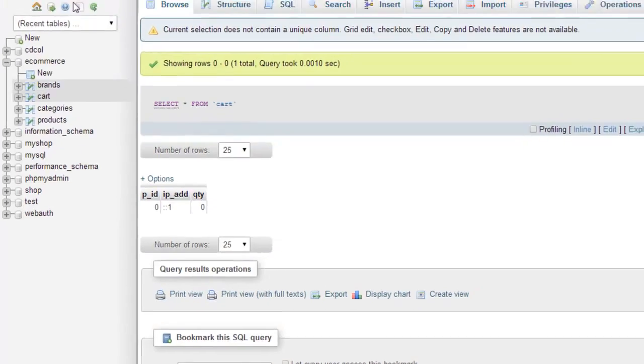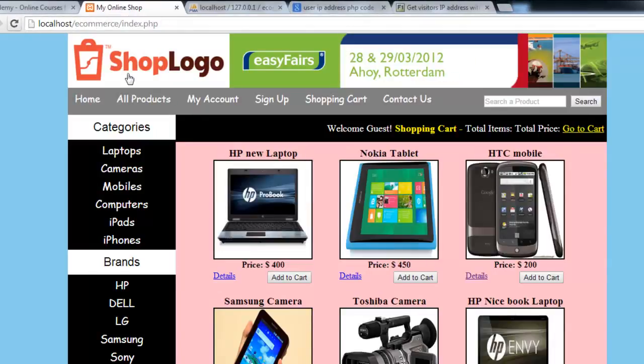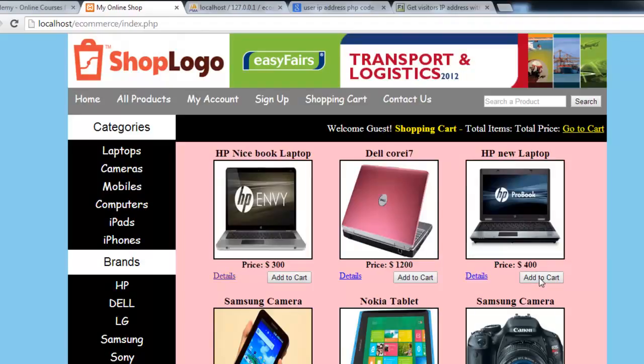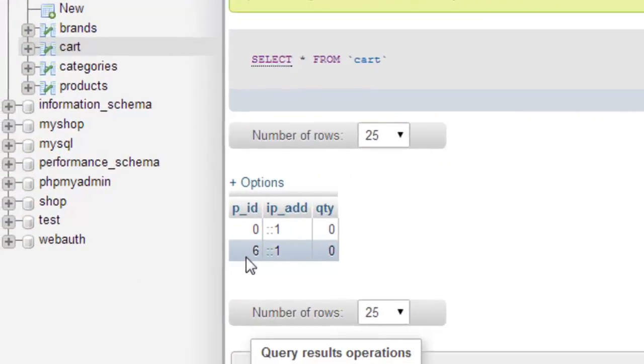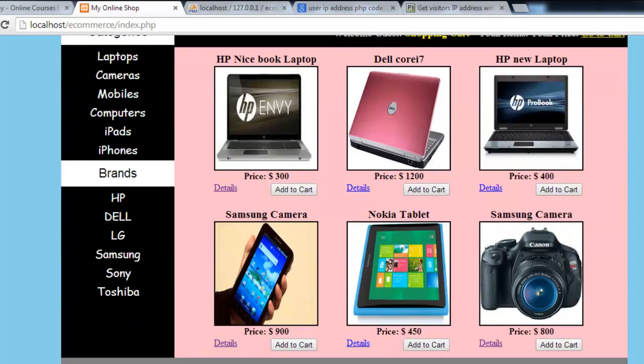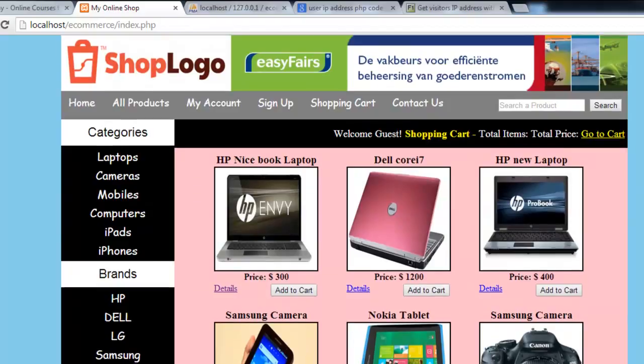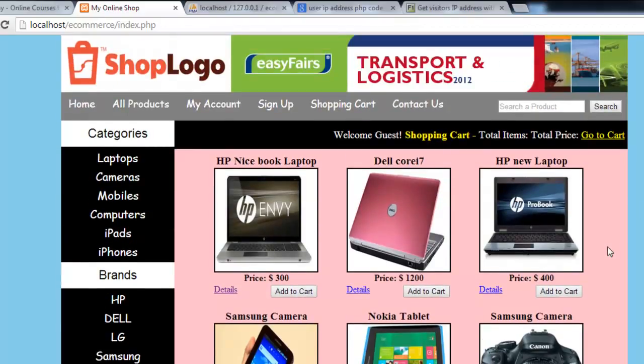Very simply come back to our shop, refresh it. Now I will add this 400. It has 400 price and its ID is 1. But we can add this as well. This ID is 6. Its product ID is 6. I'll just click and go here, browse the page, and you can see this is the second one inside our cart table. It has the same IP address and the product ID is 6, and it is working very fast, and you cannot observe whether the page has refreshed or not, but it has taken you back